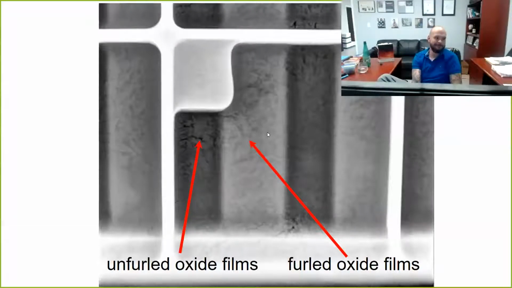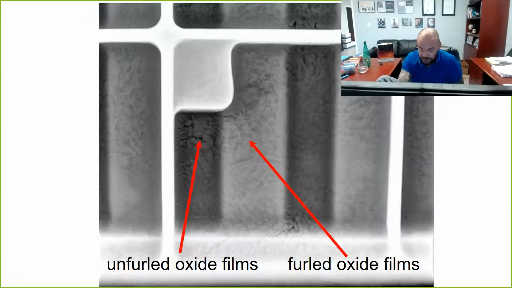So now let's go back to the slide that we were just looking at and understand what we're seeing here, right? So take a look at where the areas where those unfurled oxide films are. Those are the locations that solidified last. So that means that metal was liquid longer, and the oxide films have more of a chance to open up and expand. There's also a higher concentration in that area of oxide films. And the other really neat thing that happens is that